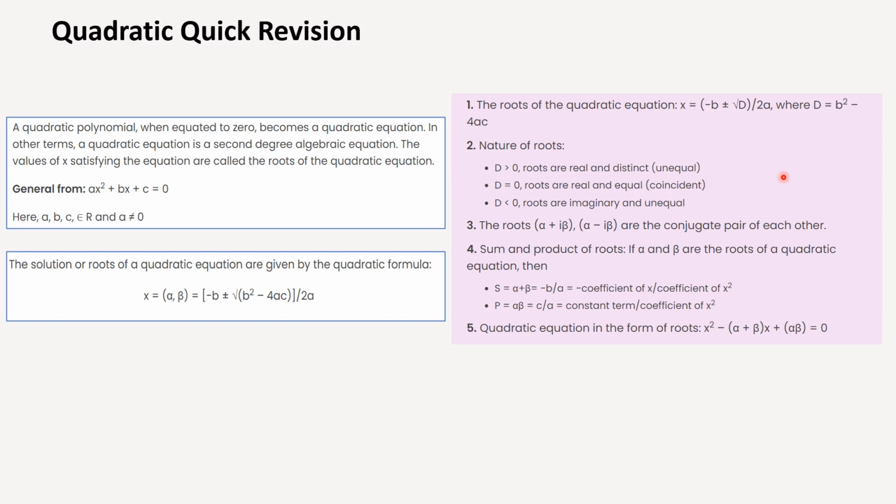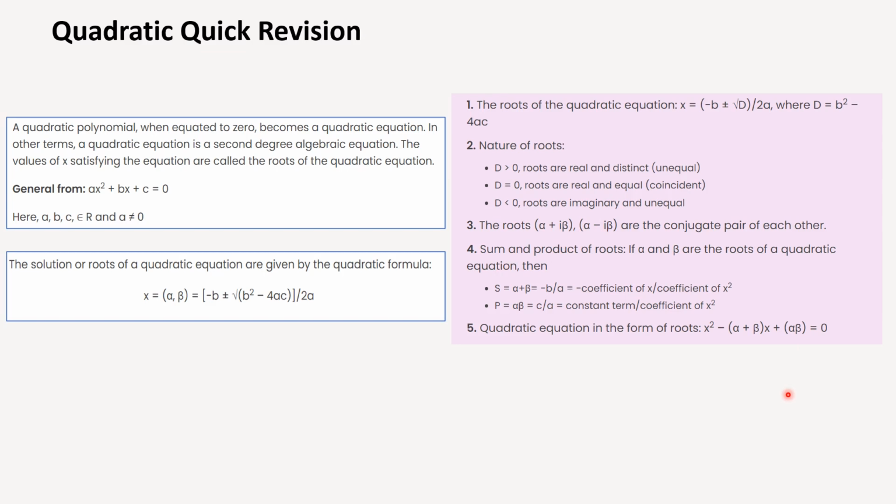And the third category is when D is negative, that is, b square minus 4ac is less than 0. It means there are no real roots. Okay, and this part you can ignore because this is like a complex number. So okay, so